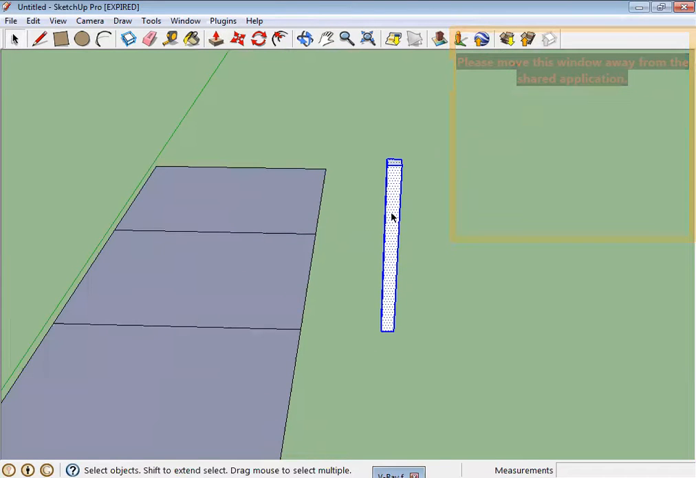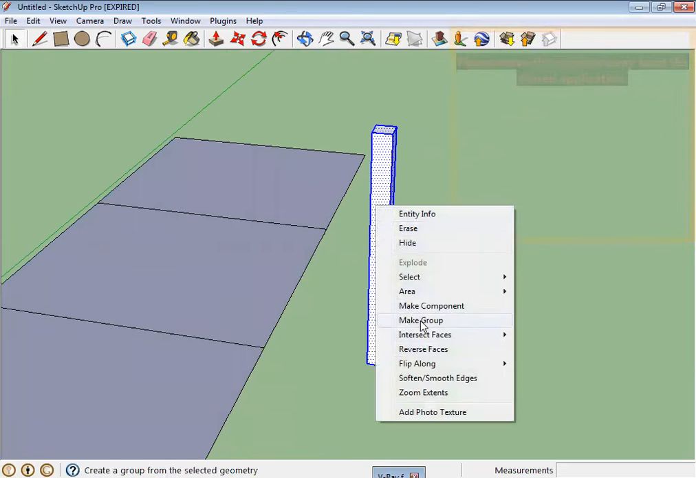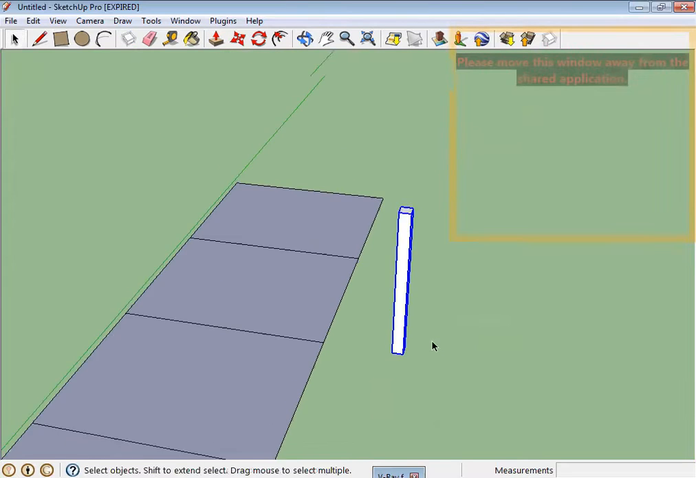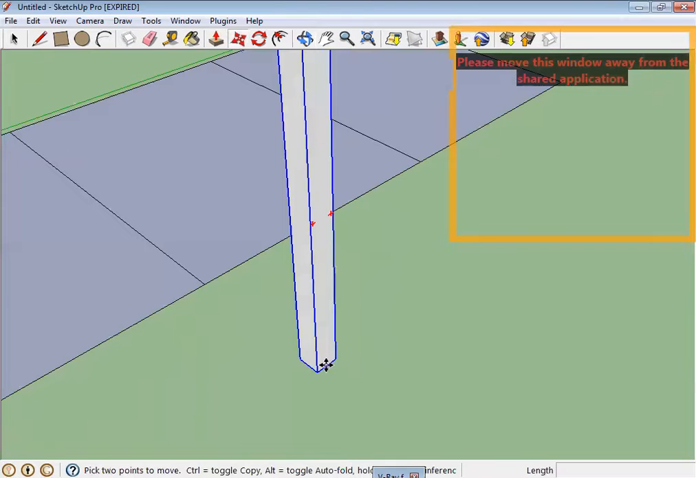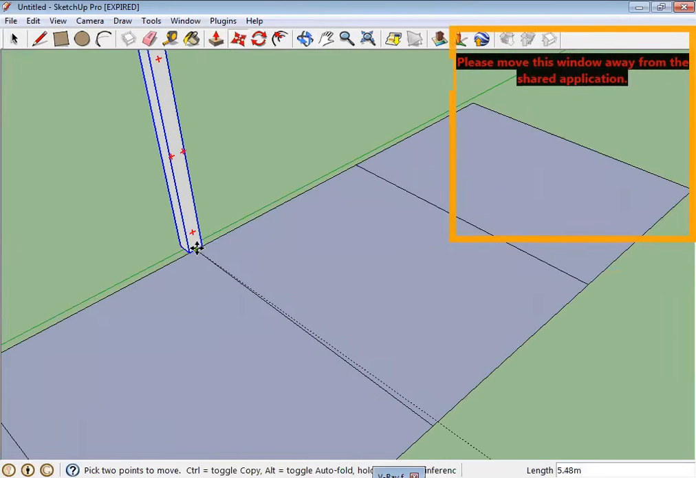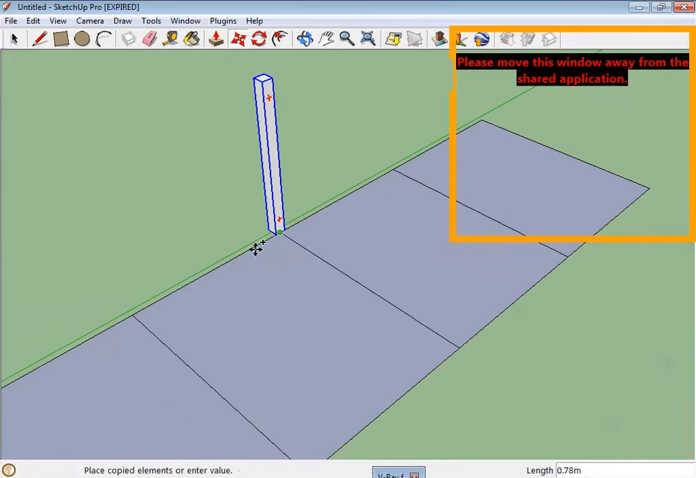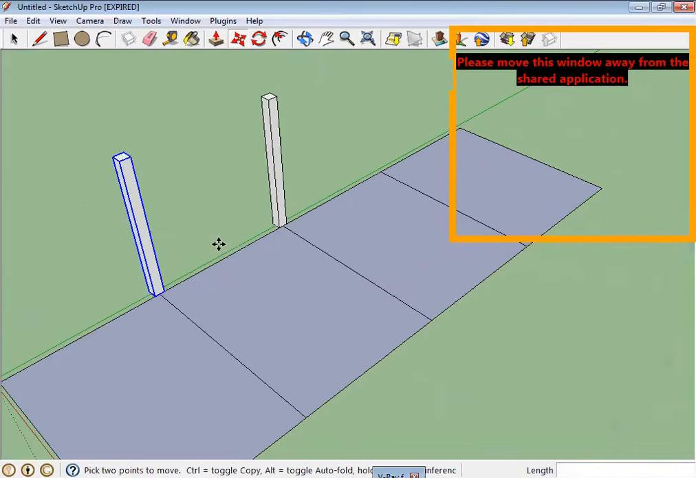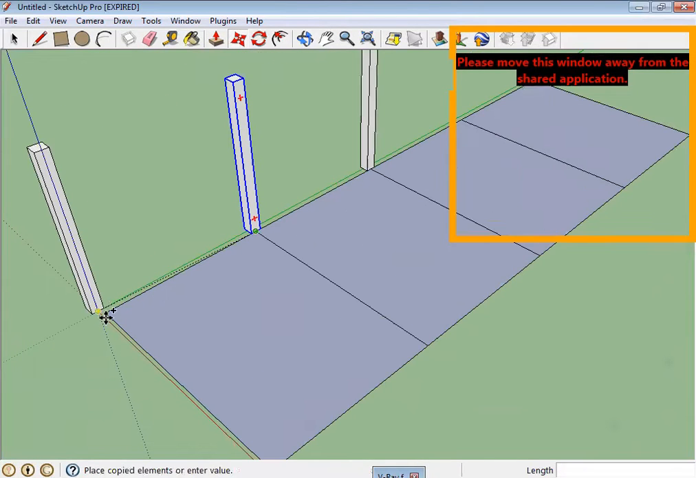And then I am going to highlight this one and then right click and make group so that I can move it to the designated grid lines. So these are grids. So you have here the